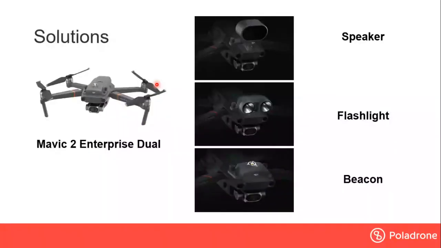For this solution, we recommend the Mavic 2 Enterprise Duo, which already comes with a built-in thermal and also RGB camera, as you can see right here. The Enterprise series comes with 3 extra accessories. Number one is the speaker, which you can attach like you see in the photo, and directly broadcast what you want to say. Number two is the flashlight. If you want to do night operations and it is too dark, you can attach the flashlight. And number three is the beacon. A beacon is just a blinking light to show people there's a drone nearby or to give better visibility to others.